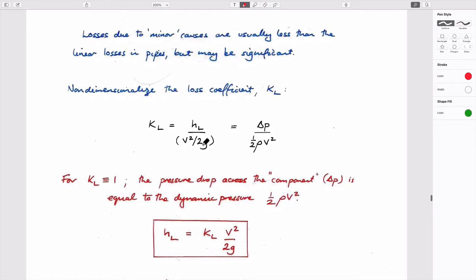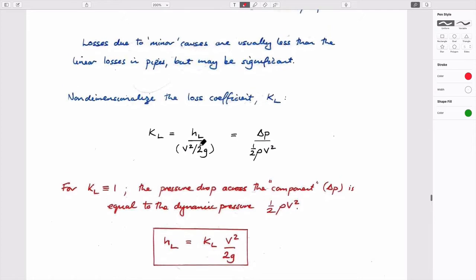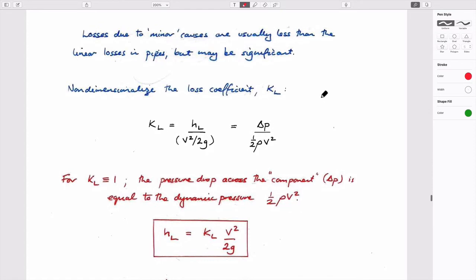Yeah, okay. Actually, the other thing we can make the point of is that when we look at major losses, the head loss is equal to the friction factor, length over diameter, and v squared over 2g. If we look at the equivalency in terms of minor losses, such as the loss coefficient times v squared over 2g, then this loss coefficient is really the same as the friction factor. We've already said that this is really just the same as the Euler number. And if you rearrange this term in terms of the controlling factors, you see that that's exactly the case,